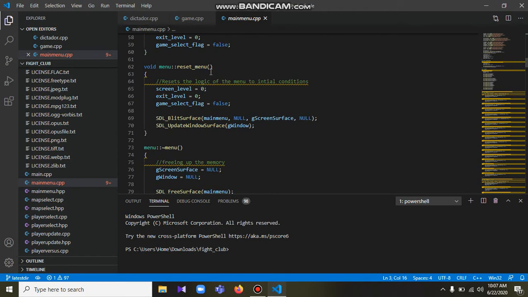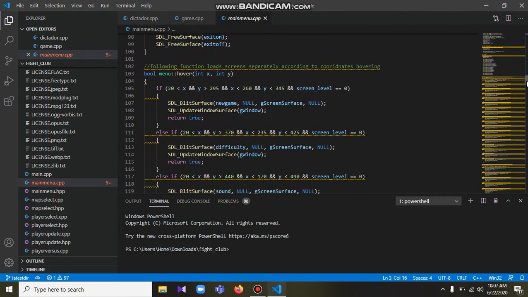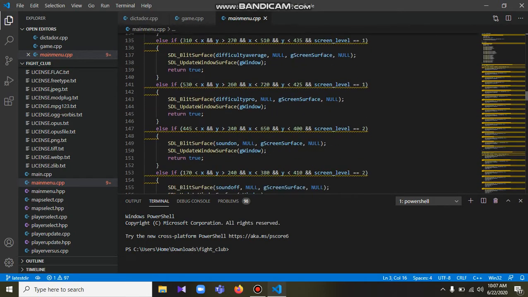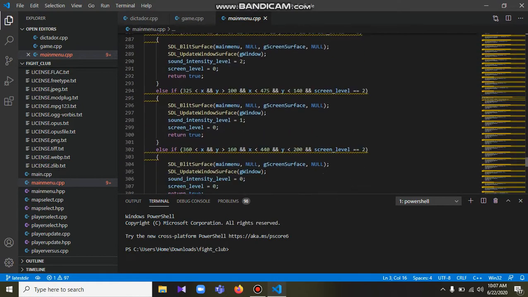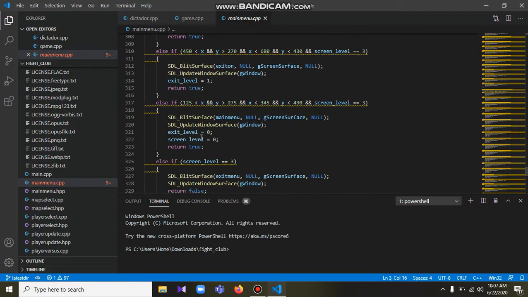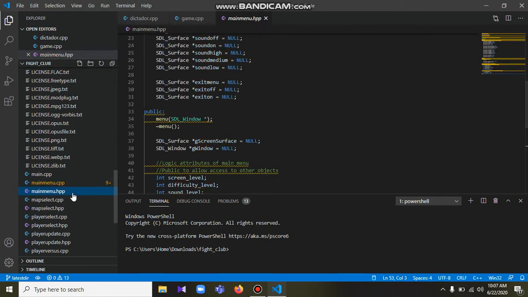Then we have the reset menu to basically initialize the conditions or the logic of the main menu. Once the game is exited, then we have the destructor freeing up the memory. Same, we have the hover function and the click function, as I showed you in the previous video. As you can see, these hover and click functions basically interchange the screen and the logic of the main menu. That's pretty much it for the main menu.